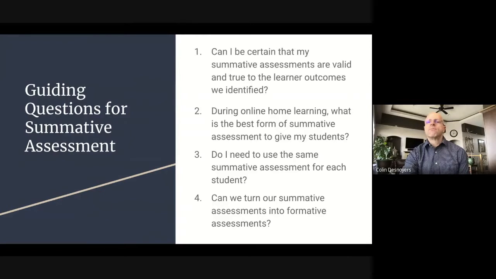Number two, during this online home learning, what is the best form of summative assessment to give my students? Because it might look entirely different than the type of summative assessment that you have given in the classroom. Three, do I need to use the same summative assessment for each student? In our students, we have a variety of them checking in and out. They're not all in the same place. So do I have to use the same summative assessment? And number four, can we actually turn our summative assessments into those formative assessments that we talked about in the